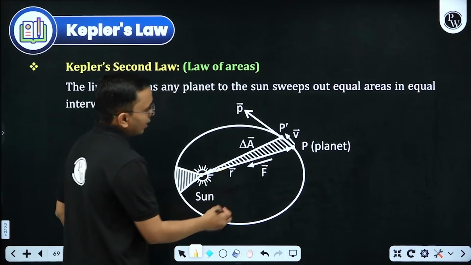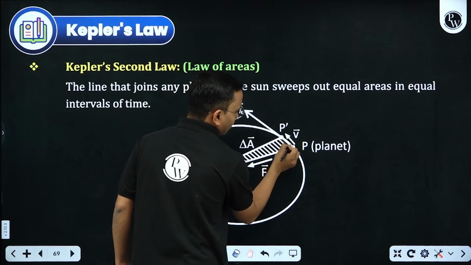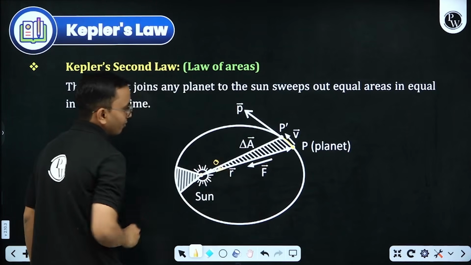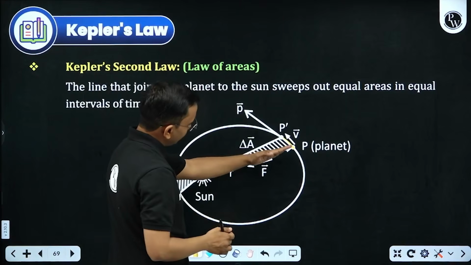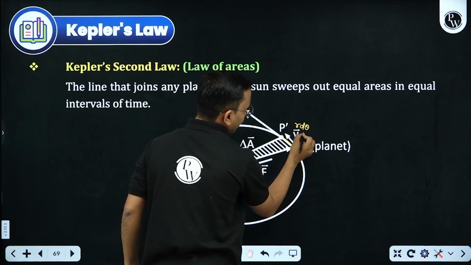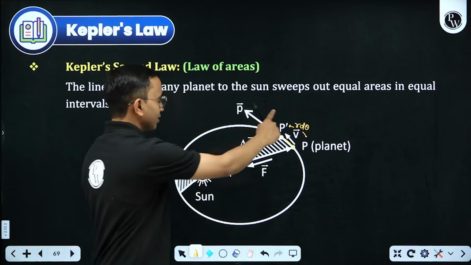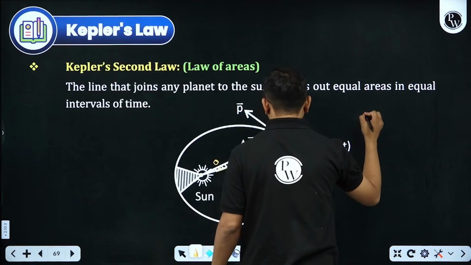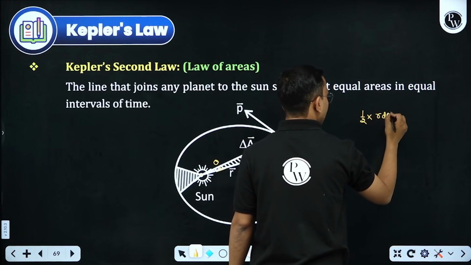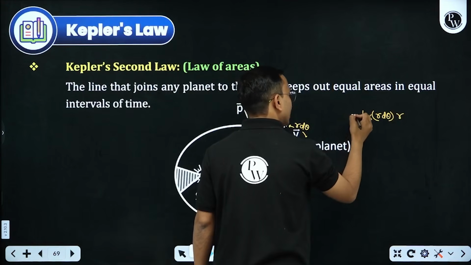Let us try to find it. My satellite moved from this point to this, and let us take this arc making an angle d theta here. This is r, nearly r only, so this arc has a length of nearly r d theta. The area of this, a triangular kind of strip, will be 1 by 2 into base into height, which is r d theta into r, as the height is nearly equal to r. This becomes my dA.